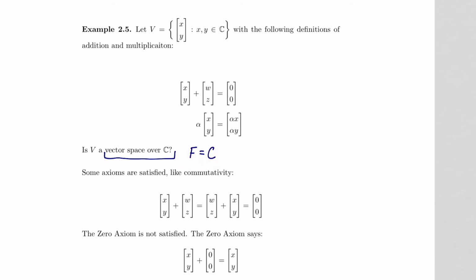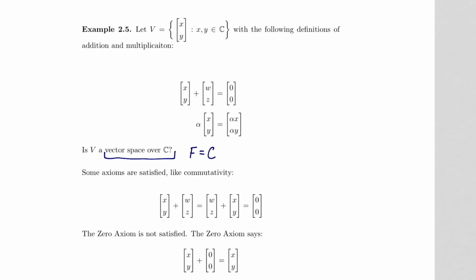And for every problem like this, where you're given a set of vectors, you're given a set of scalars, you're given a definition of addition and multiplication, and asked, is this a vector space? Well, as they say, there's no royal road to learning. You just have to check all 10 axioms. If you get lucky and the answer is no, you might figure out one of the axioms that's not satisfied kind of quickly. And the more you do these kinds of problems, the more you'll develop an intuition about which axioms may not be satisfied. But otherwise, you just start at the top and go down 1, 2, 3, 4, 5, etc. until either you find an axiom that's not satisfied